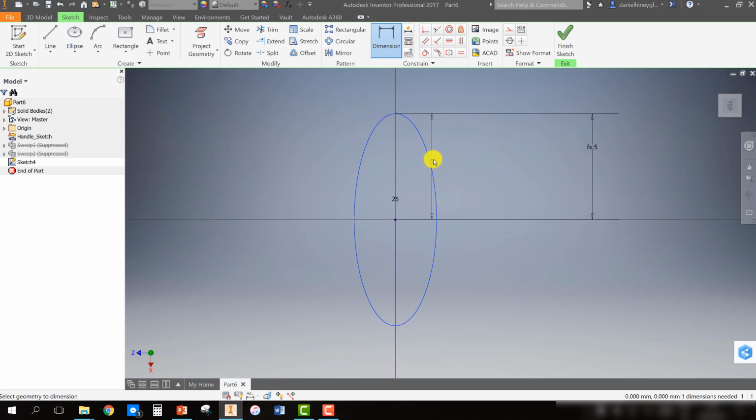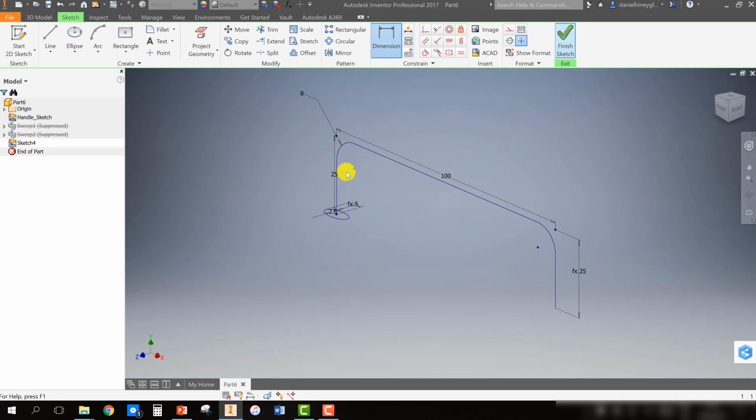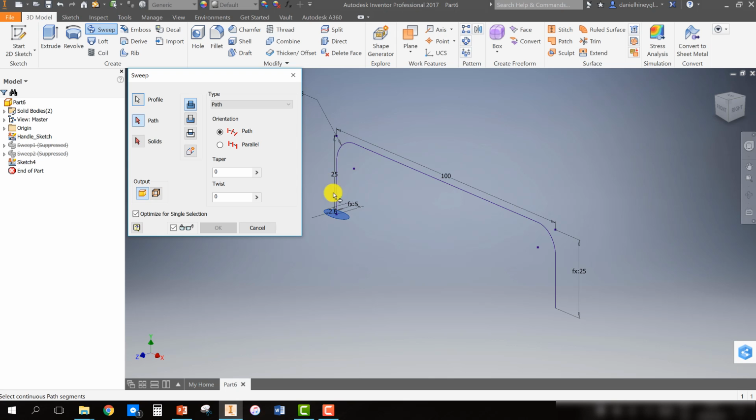Get this fella to light up, and this is going to be ellipse width. Let that equal to 2.5. Perfect. Okay, you can finish that sketch and sweep it again, and then the area pops up again, and you